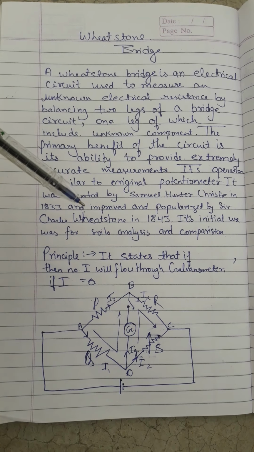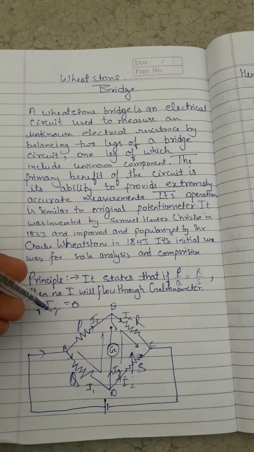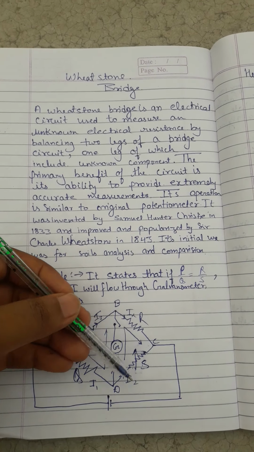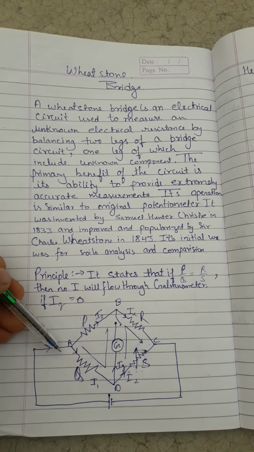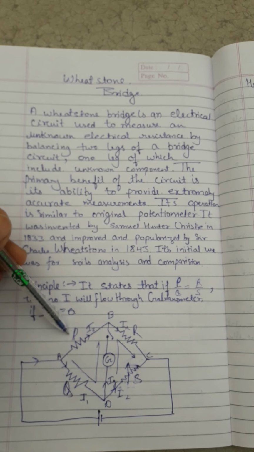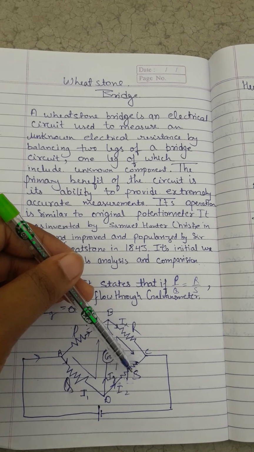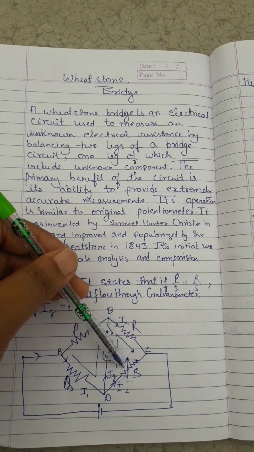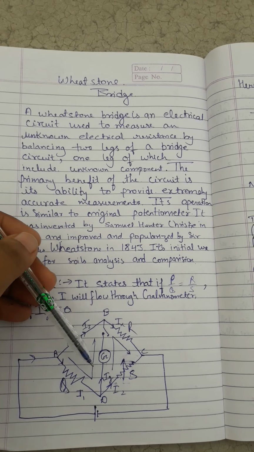Now let us see this in the Wheatstone bridge. This is the cell, and by the cell the electricity flows in this direction. We can see that this is point A, point B, point C and point D. If electricity flows from A to point D, we will call it I1, and this is resistance Q, this is resistance P, this is R and this is S. Its value is not fixed, it can change.